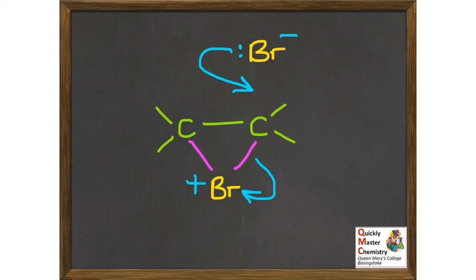If you think about it in terms of charge, with the top bromine, the bromide at the top, where the arrow's moving away from it, that will take negative charge away. So where it was a bromide negative ion, it will lose that negative charge. The carbon involved here is both having an arrow coming towards it and going away from it, so its charge will stay unchanged. And the bromine at the bottom, the bromonium with its positive charge, where the arrow is showing electrons moving towards it, negative charge is going to be moving in and cancelling out that positive charge, leaving it